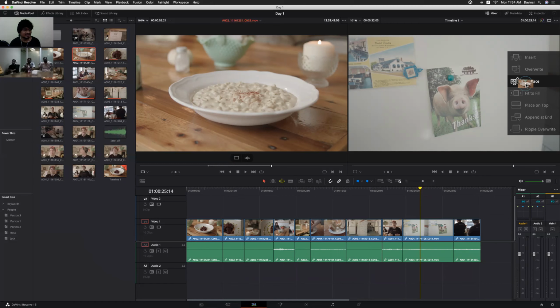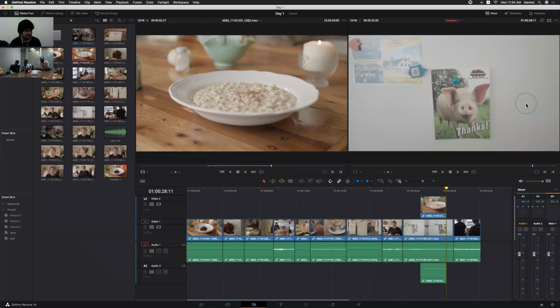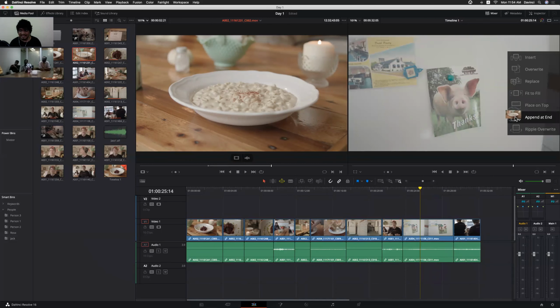We'll gang the playhead and try to match the frames. And fit to fill, by making speed changes. Place on top will automatically superimpose that clip. And the append always adds at the end of your project, instead of adding at the playhead position, right?